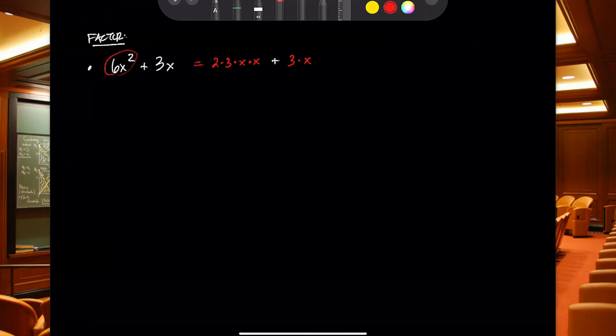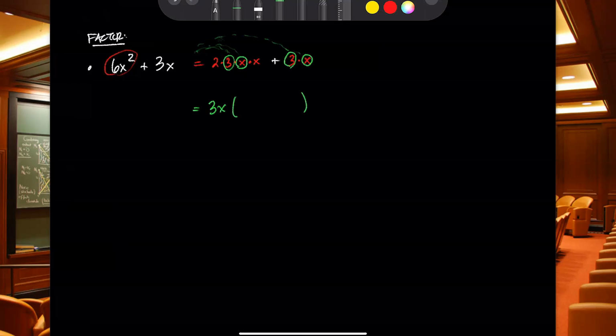And you know, you could write a factor of 1, but a factor of 1 is what we call trivial. It doesn't really add anything because you can multiply anything by 1 and get itself. So we're looking for non-1 factors. And then we see, okay, this is what each of these things have as a building block. So what do we see in common? Well, a 3 must have been distributed, right? In kind of our backwards engineering of this problem. 3 must have been distributed. They also both have an x. So an x could have been distributed as well. So it looks like altogether what must have been distributed was a 3x,